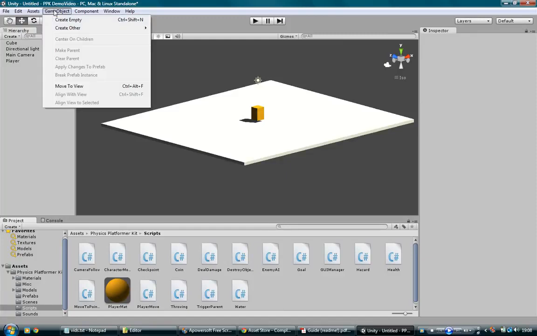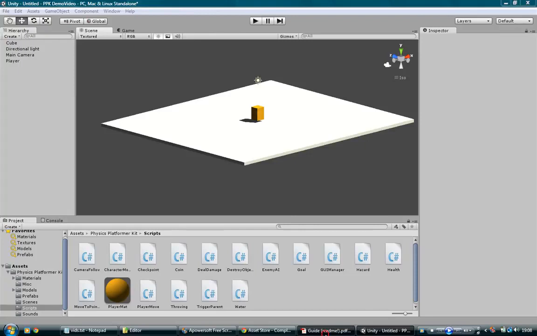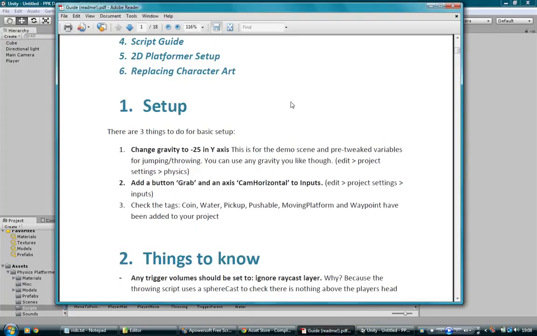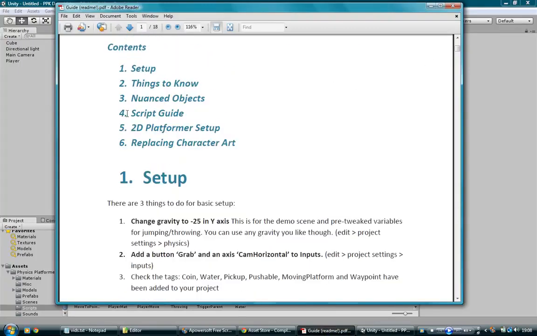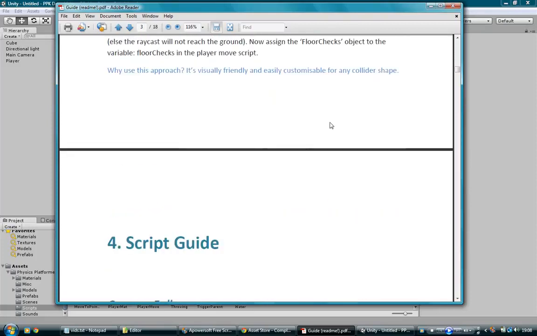I mean, you get the idea. You can pretty much just drop scripts in. And if you want to know how something works, just go in the guidebook. Look, we've got script guides, number 4. And,